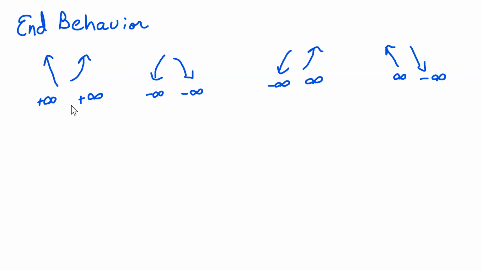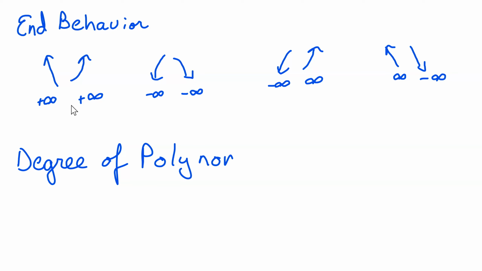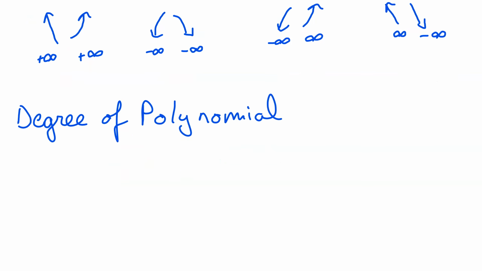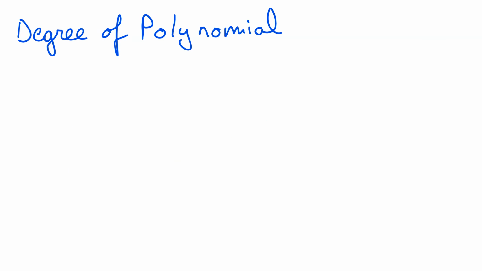Now, a couple of things that we have to look at when we're talking about the end behavior. We have to look at the degree of the polynomial. And when we're talking about the degree of the polynomial, we have to look at which way the polynomial is written. If it is written in factored format,